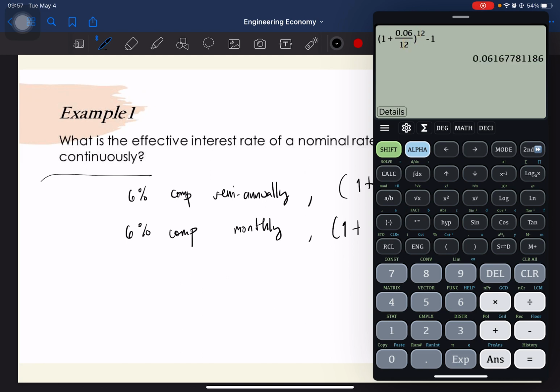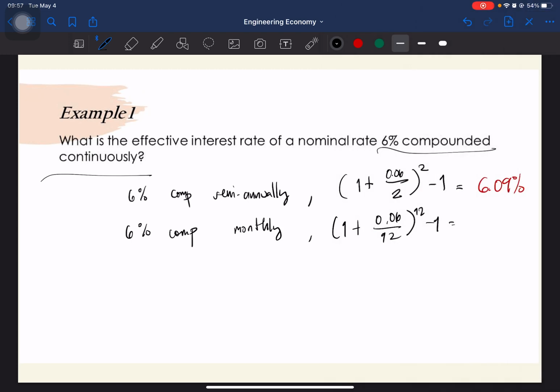So, ayan, 0.0616 o 0.0617. So, 6.17%. So, the gain is slightly greater than the semi-annually, kasi sabi ko nga, mas marami kang compounding periods dito. So, mas malaki yung magiging interest mo. Okay? Pagka 6% compounded continuously,